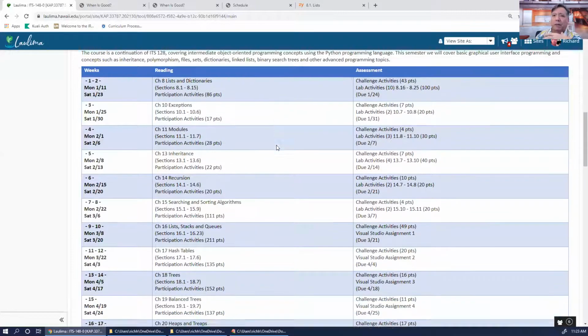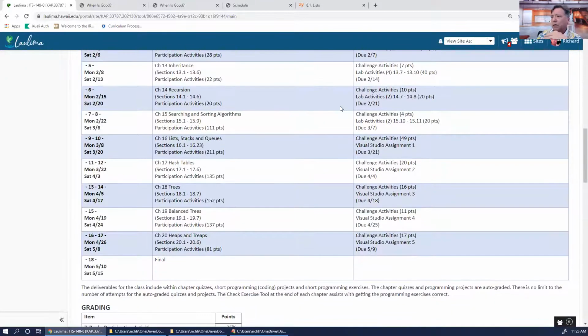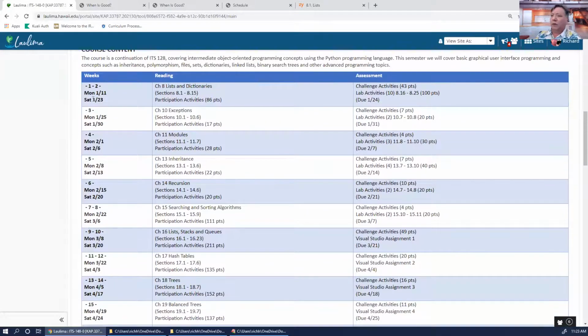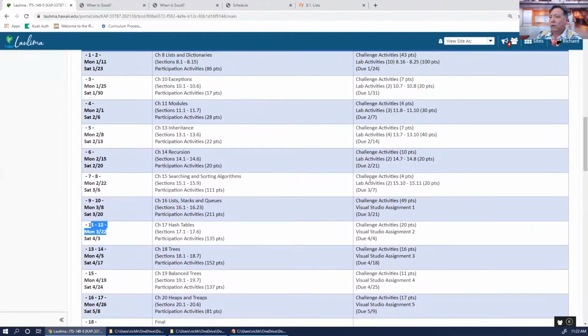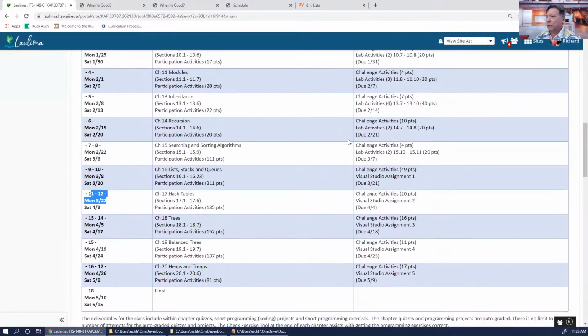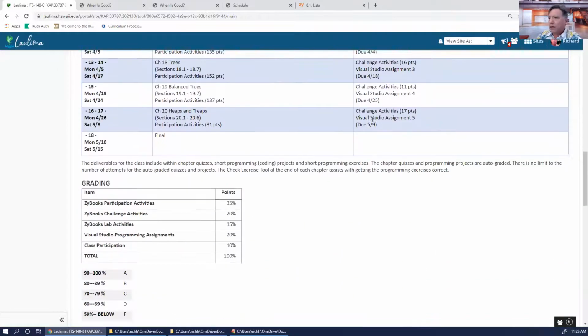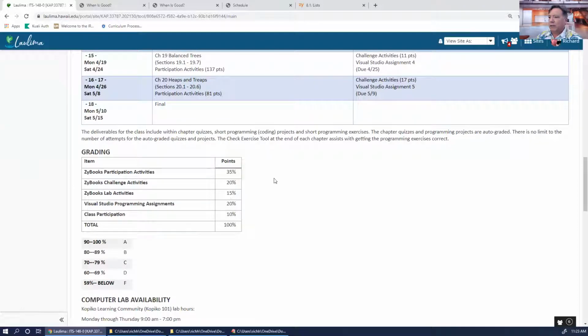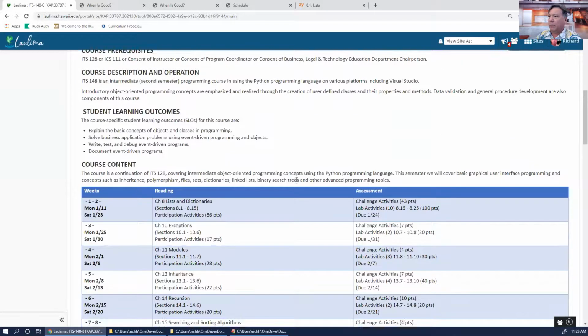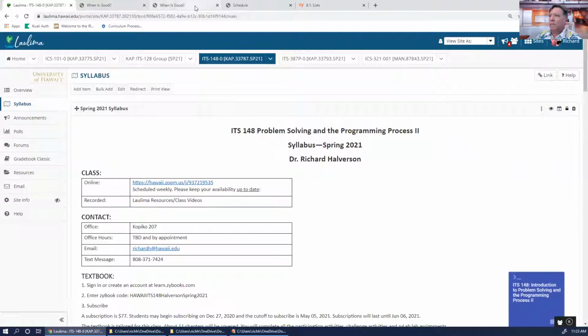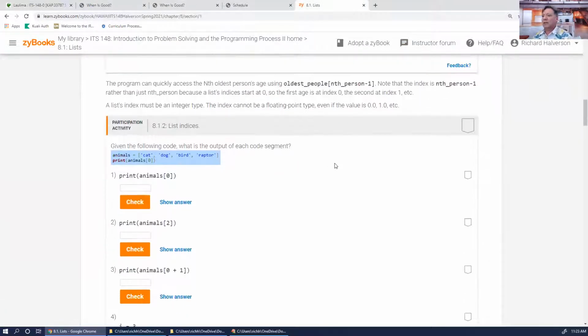I'm going to try to keep a pace for you. So each week I'm going to be doing these chapters in order. You notice this is not a table of weeks. Sometimes it's 2 weeks. It's 2 weeks, 1 week, 1 week, 1 week, 1 week, 2 weeks, 2 weeks, 2 weeks. So keep that in mind. Some of these look like there's a lot to do, but it's about this percentage breakdown. Try to keep up. But what is nice about these Zybooks is that it really is